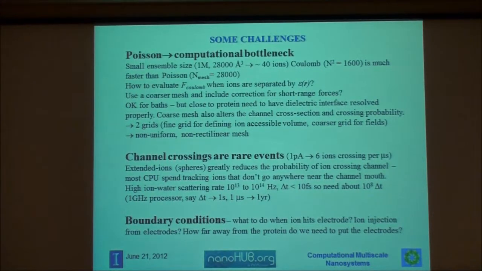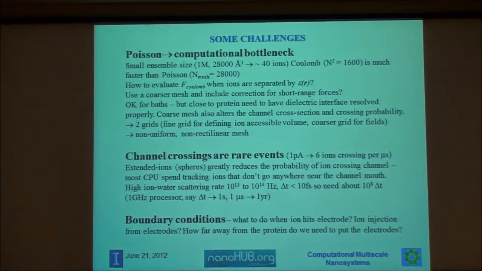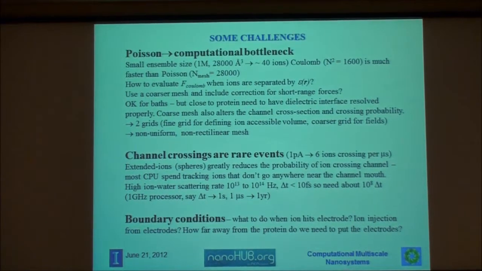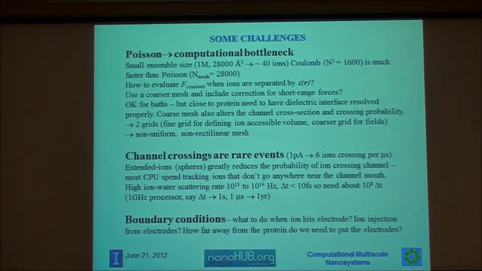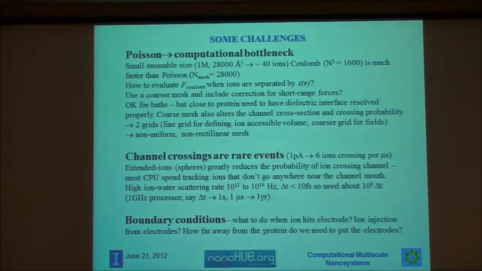The other issue is boundary condition. What do we do with the location where I put potentials? That's sort of a nuance, but if I make an experiment that's done with special arrangements, where you can perforate a membrane, take an ion channel, apply 2 electrodes, you have a large system, right? So I have a membrane, an ion channel, 2 electrodes, I apply a bias, and I look at the current